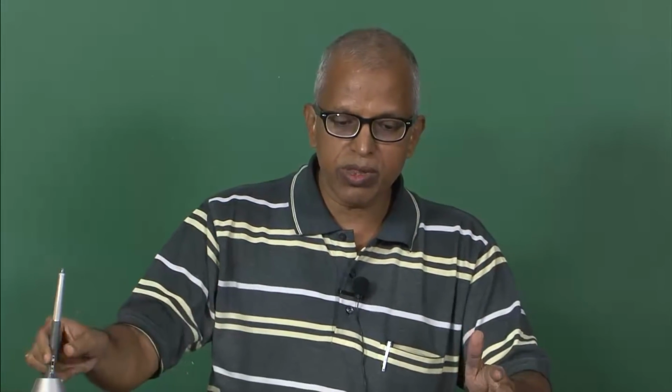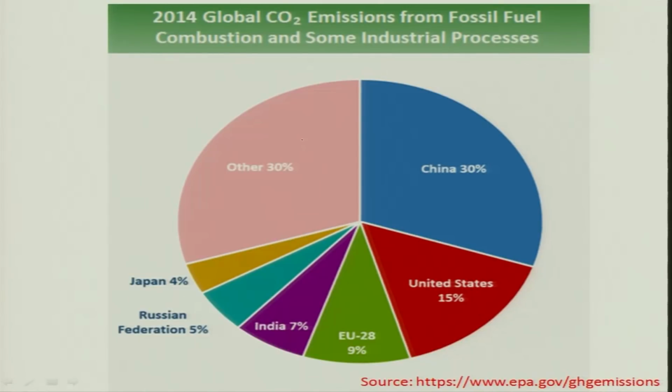So, let me tell you about global CO2 emissions. India is 7% of the total, and we have 130 crore people, so it is very less, whereas China is 30%, the United States is 15%, and Europe 9%, and of course others are there. That means we are not really polluting that much. But if we minimize our utilization, then naturally we can solve the problem, and we can be self-sustained also, provided we move to agro-based energy production and also consumption.